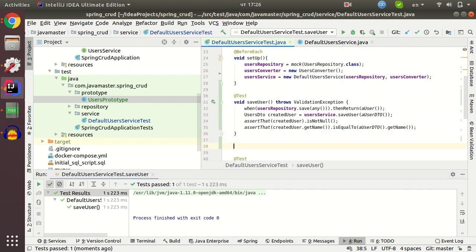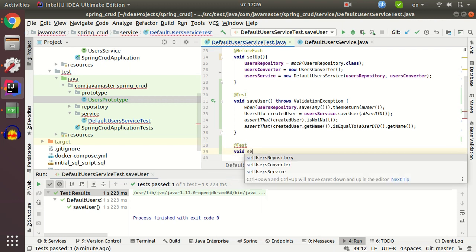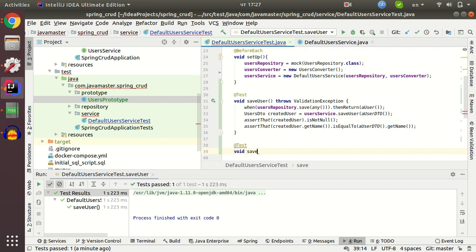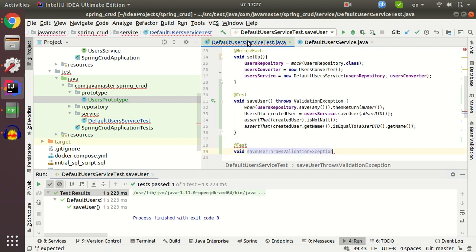And let me just create another test case. Test the negative scenario. Save user, called save user throws, and just copy paste name of exception when login is empty or is null,